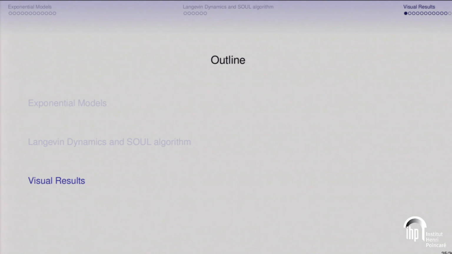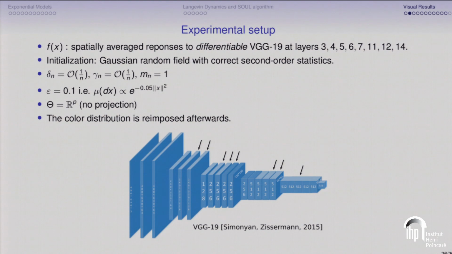Okay, so now you can relax. We will see only pictures in the last section. So here is the experimental setup that we used. Here the statistics are computed in a given neural network, so VGG 19. Here are the layers that we used for this experiment. So again, the neural network is pre-learned, right? So we will not move the weights of the neural networks. It's completely fixed. And now here are the layers that we used.